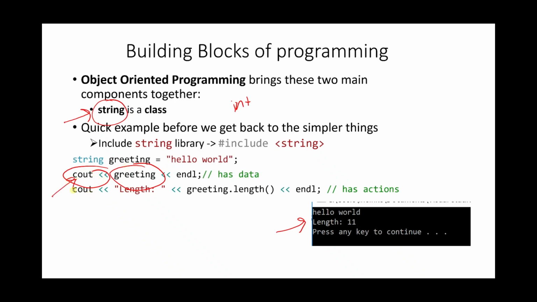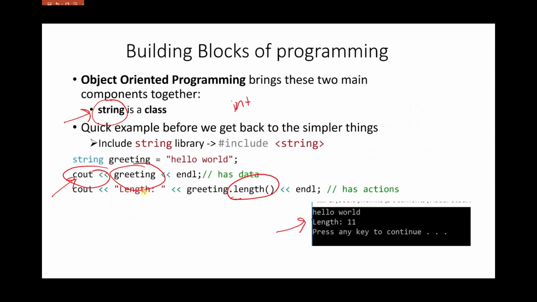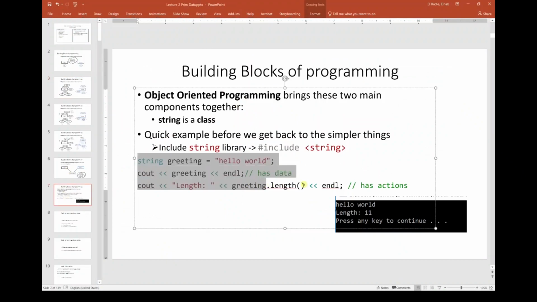And we can also use certain functions like length, which accesses the greeting variable and counts the number of characters. If you want to try that, let's copy that code